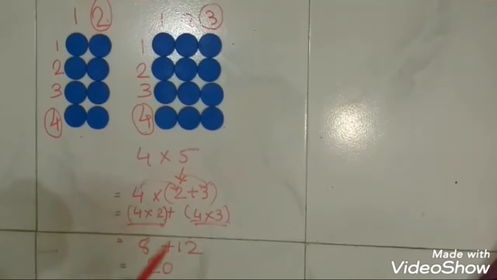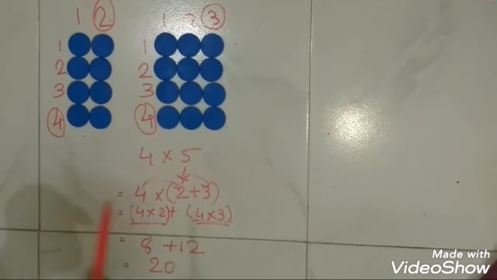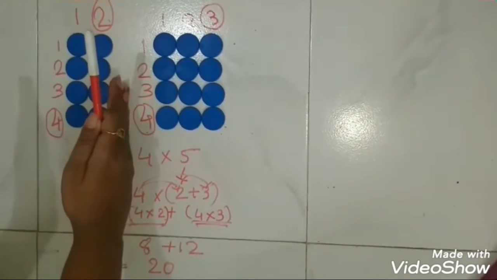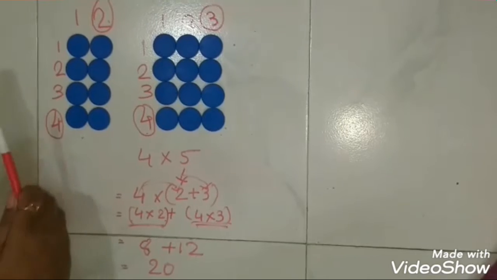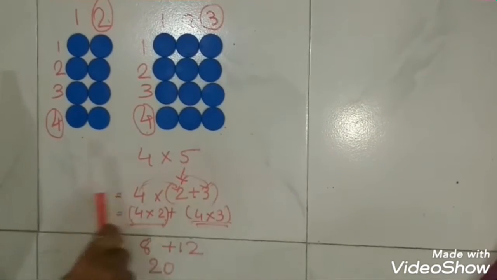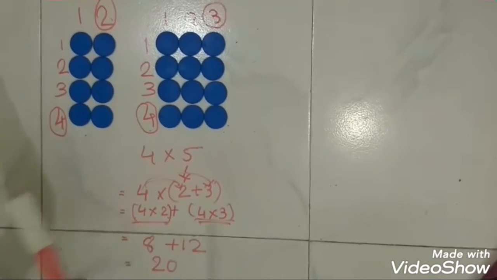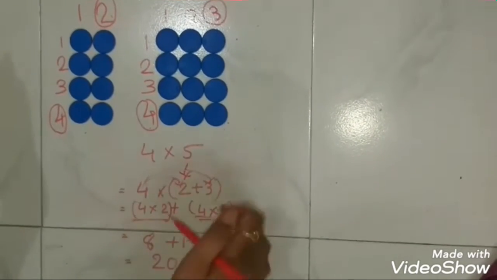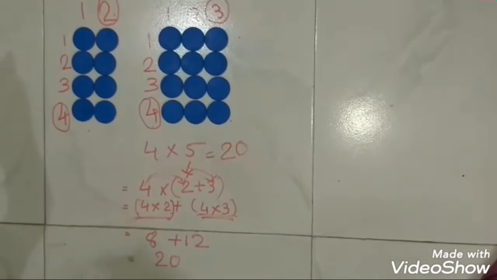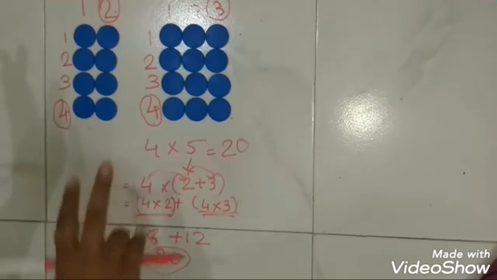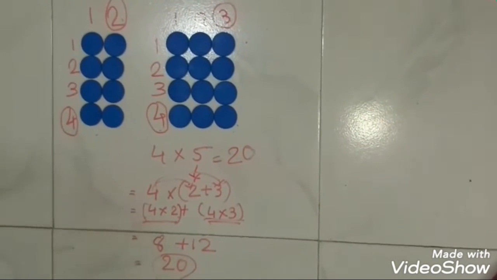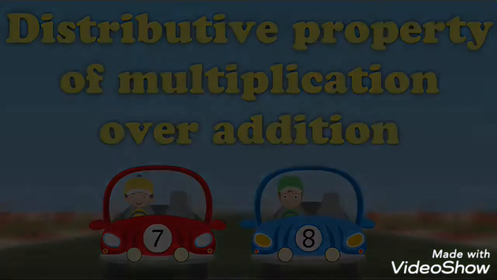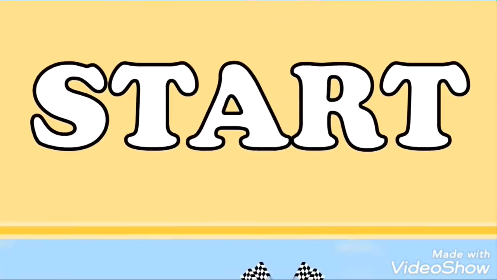Now I hope you all can understand the distributive property. Distributive means share something. So I shared some portion of the counters of the rectangle with another member, and I got 2 shapes here. And we verify our answer too, because earlier we had one rectangle only, that is our 4 into 5, and our answer is 20. And now our answer is 20 by 2 rectangles also. Now students, watch this video and learn the distributive property of multiplication over addition. Let's start.